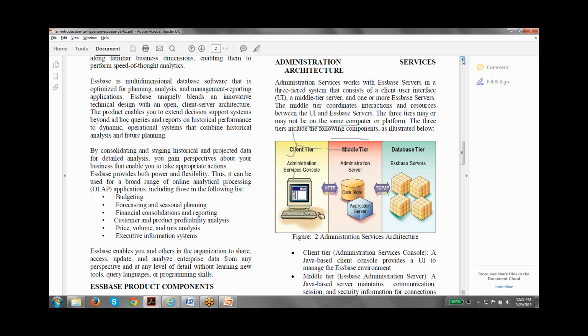Means you can view the data in n number of ways. There is no limitation for your data view. Let's say, for example,